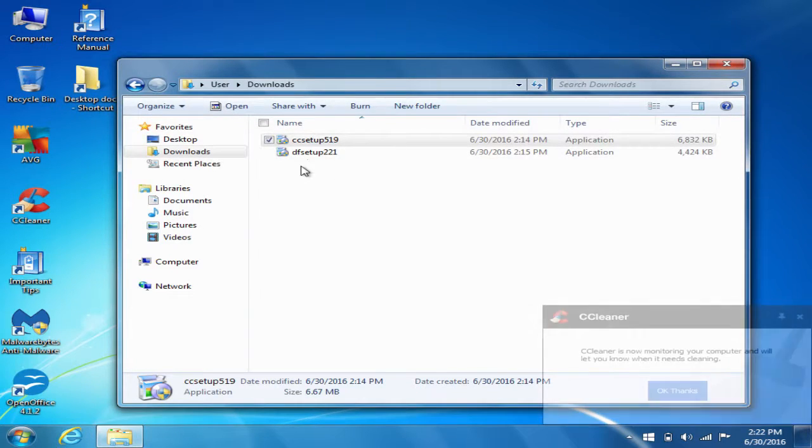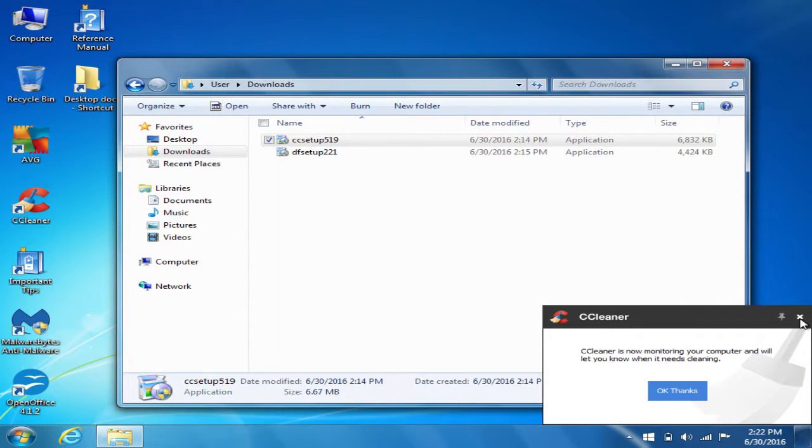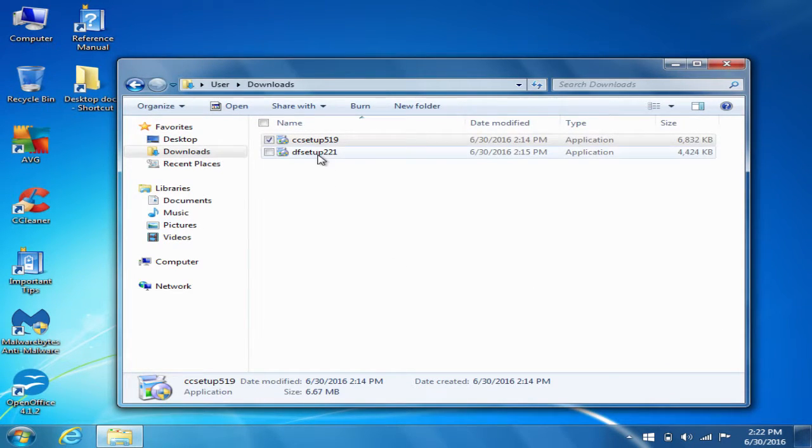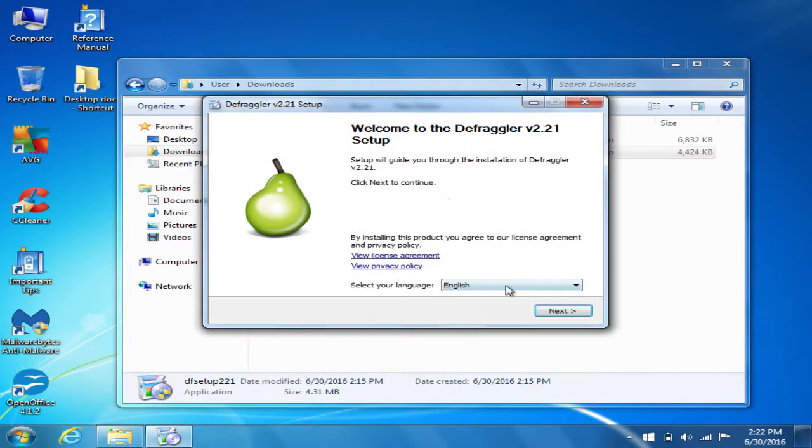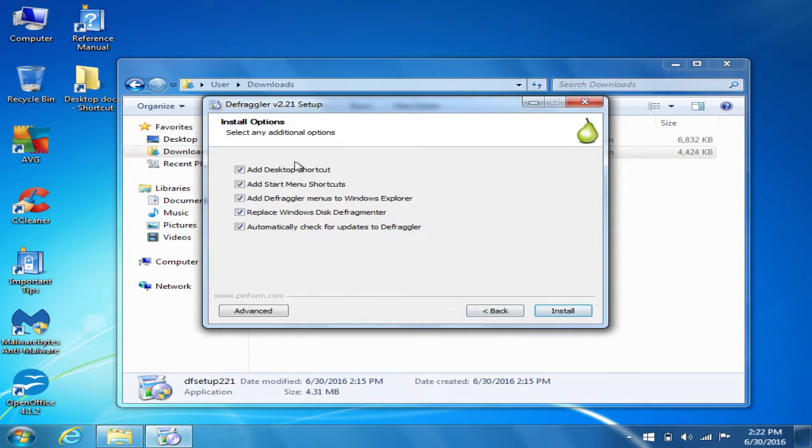Now, the last program we're going to show here is Defraggler. We're going to go ahead and install it now. Now, by default on this first page here, they want to replace the Windows disk defragging program.